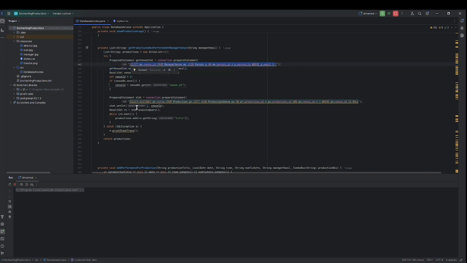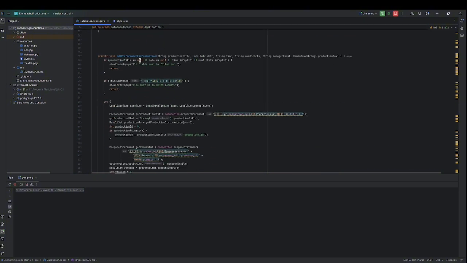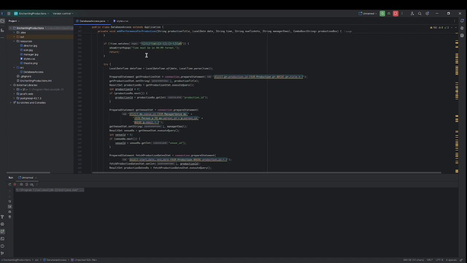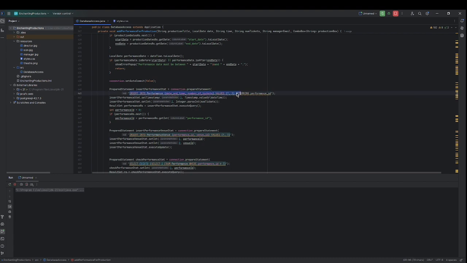Here are some select queries for selecting productions and the manager's venue, to check whether that production is played at the venue or not. Then I am adding a performance for the production. Here, I am inserting into the table, again